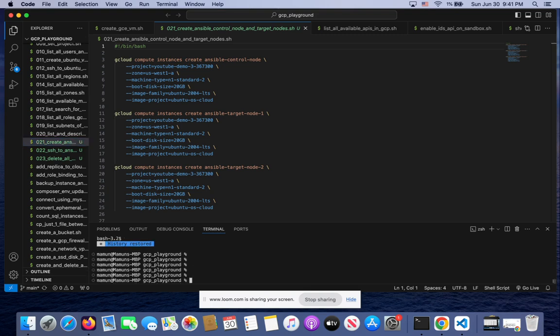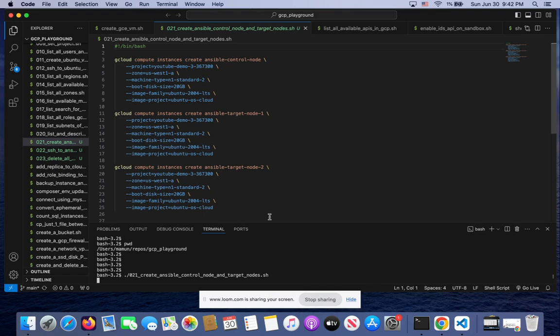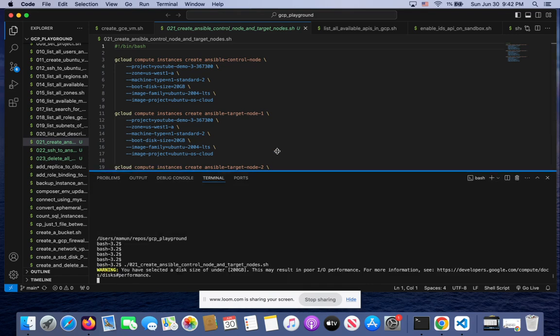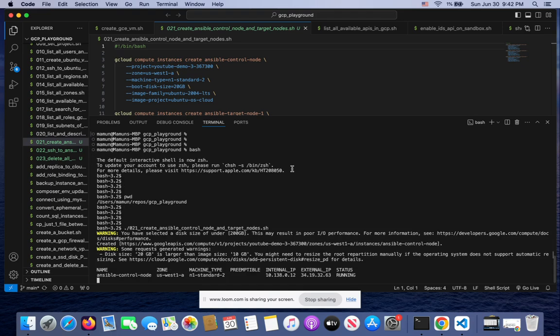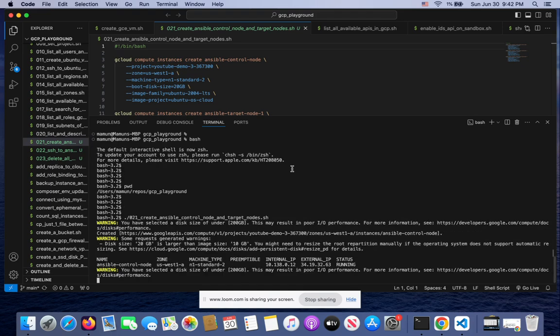I don't know why it says that. Okay, let's go into bash directory on my end. Okay, over here. So this is script number 21. I'm going to go ahead and run that script, and you will see that one by one it will create three different machines. The first one is going to be the control host, and the other two are going to be target hosts. And the first one is already created,